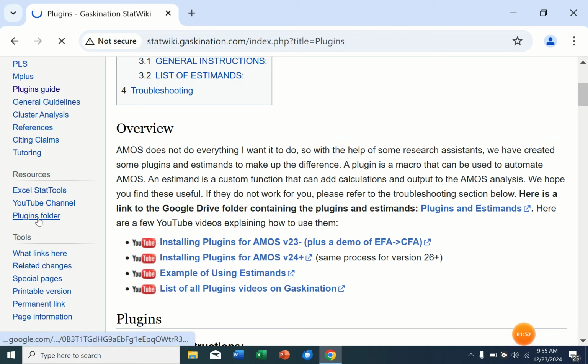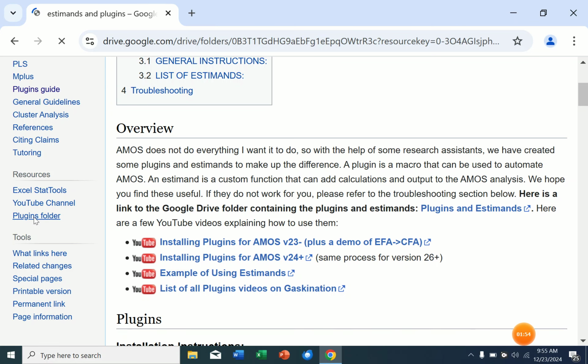So you go to the plugins folder. It gives you quite a number of estimands and plugins. So you choose the one that best suits your software. But if you happen to be using the latest version and you have these plugins, you don't need to do that. So whilst we wait for the plugins,